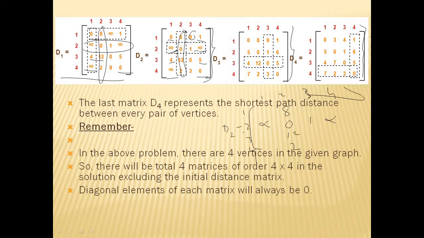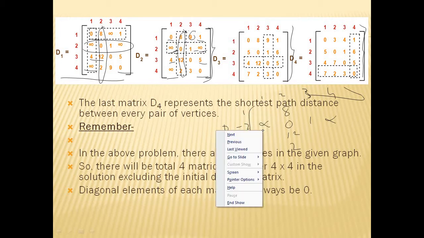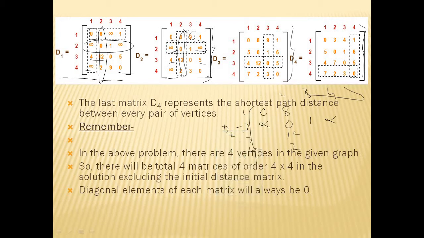What we need to do? So need to find the infinity. Here we found, so need to copy that one as is. 0, infinity, 4, infinity will come. Here also we found the infinity, so 1, infinity, 5, 0 will come.